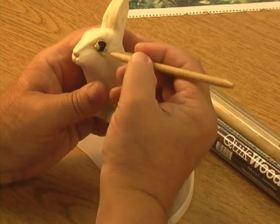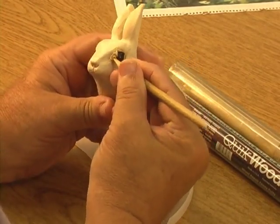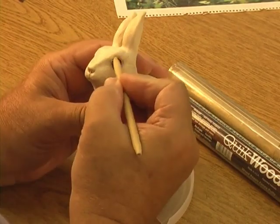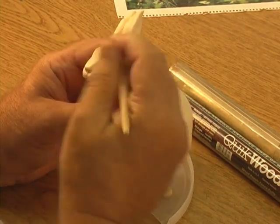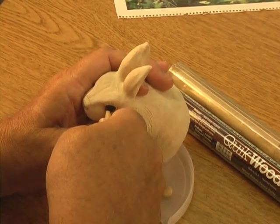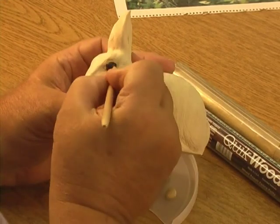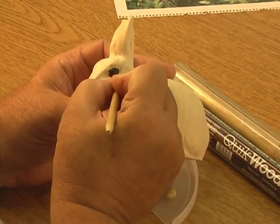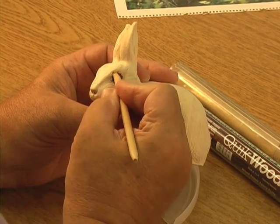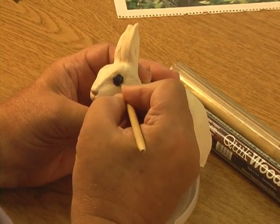Now I'll take the excess away. I try to use the eye sticking out away from the rabbit, out of the eye hole, about 1/3 the diameter of the eye. And that seems to satisfy any and all of the carvings that I do. I'll clean this out. And once I get this all cleaned off here,